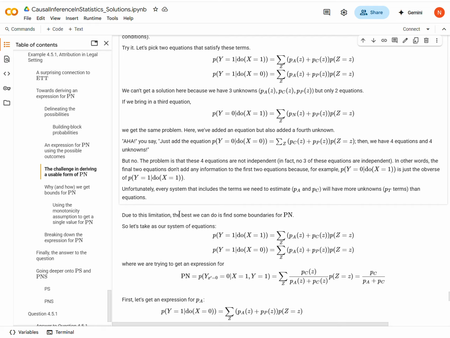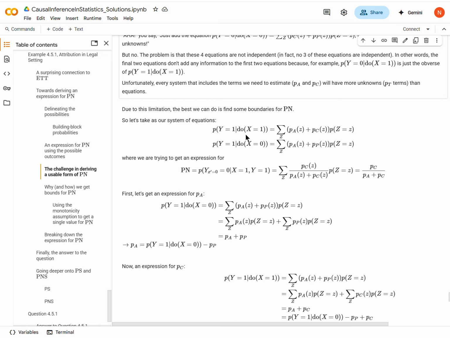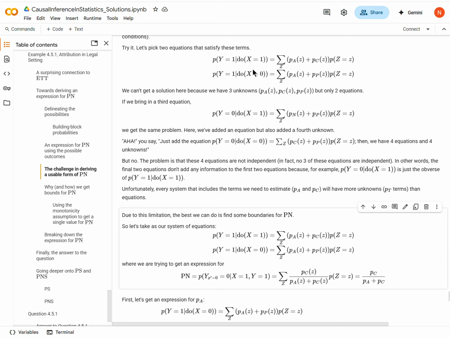And so this leaves us with the predicament of always having more unknowns than we have equations. Okay, so we're going to now find out that this is why the book presents us with finding the range for the probability of necessity. It's not really explained in the book why you need that, but you need that because of this difficulty, or this impossibility, of solving a system of equations. Okay, so what do we do? Well, we have 2 independent equations. That's the most that we can get. Okay, and these are the 2 that we selected up here,